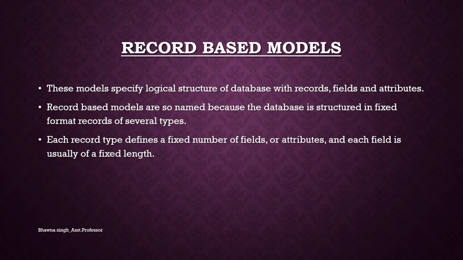That means these record based data models are based on the application as well as the user levels of data, and they are modeled because they are defining the logical structure of the objects. That means they are defining the number of fields, number of attributes, the size of the fields, and the data types of the fields. So everything related to the conceptual level, or the logic of the database, they are considering all these logical structures. And this data model also defines the actual relationship between the data, or you can say the relationship between the entities that we have stored in the database.